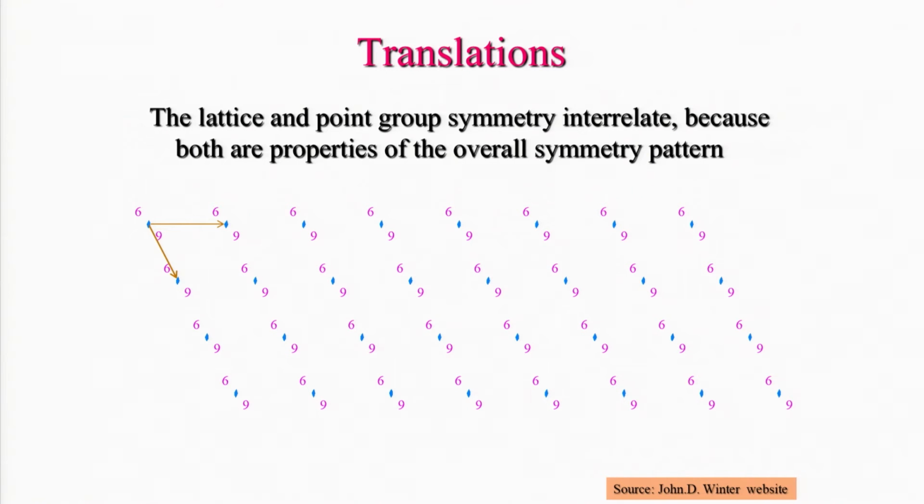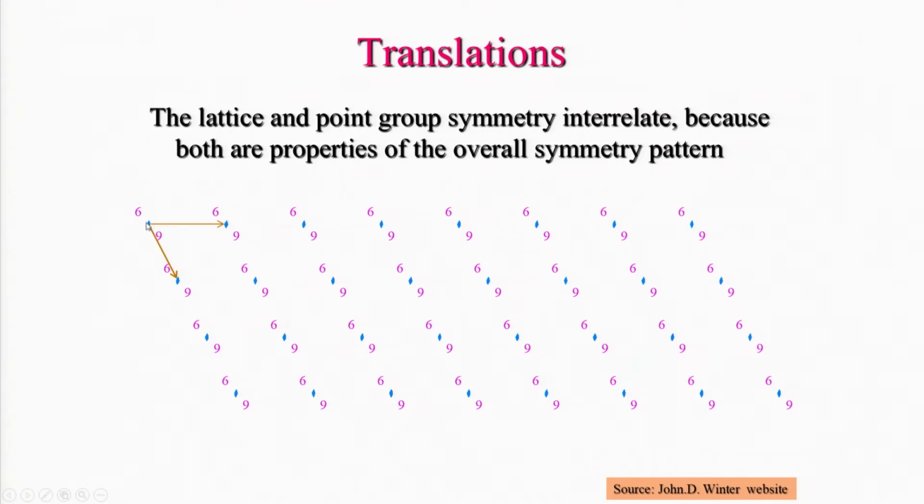Now, one of the important aspects of translational symmetry is that lattice points, and here these are the lattice points, and this is also the motif here, can also be linked with the point groups of symmetry here. If you see here, this is 6, translated along this direction, and this is the periodicity, this repeat distance is, say, a, and say for example, if you have a two-fold axis